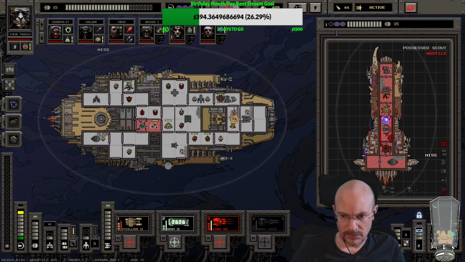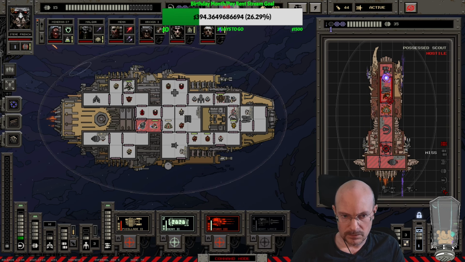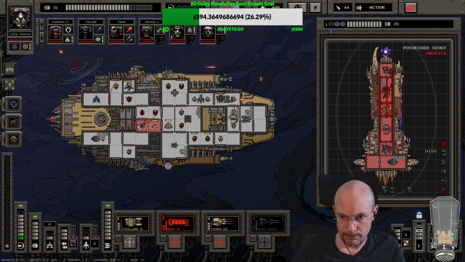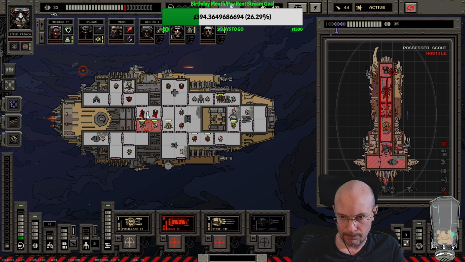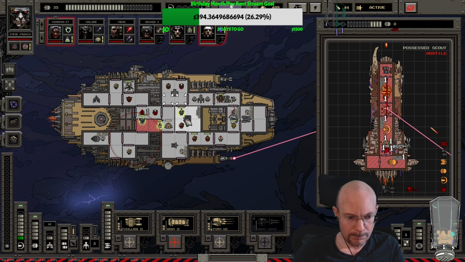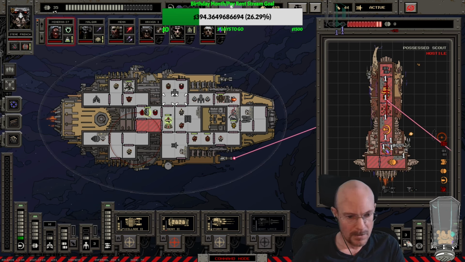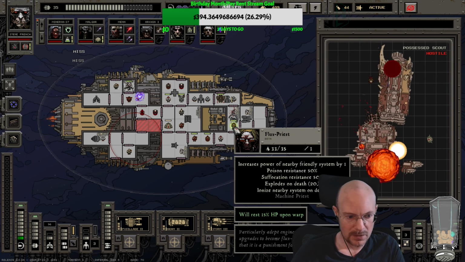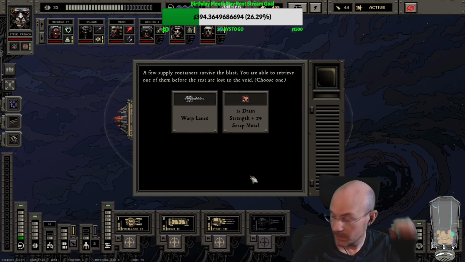Okay. He's got some weapons, man. My shields are not coming back up when the power comes back. That's really annoying. I don't know why it's doing that. Now, it was happening before the